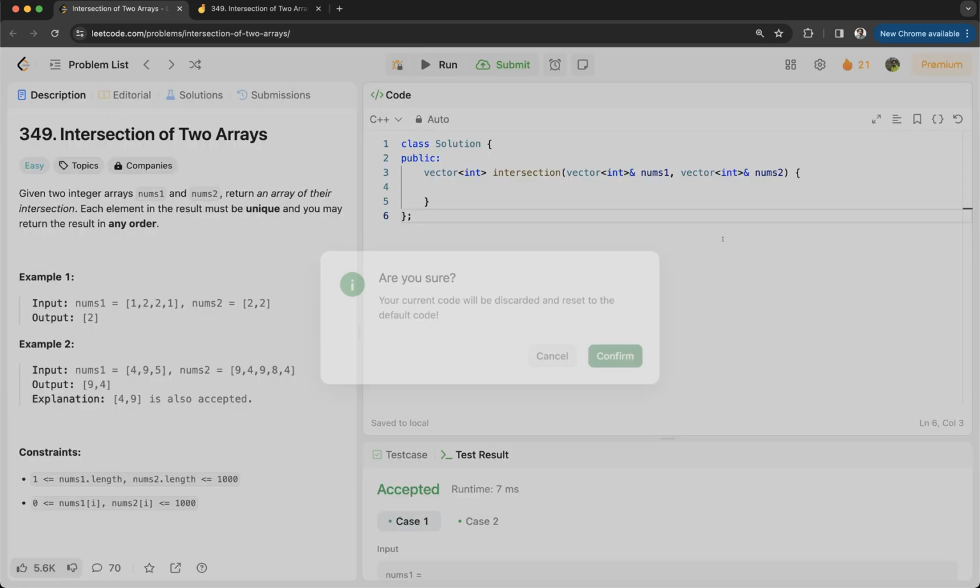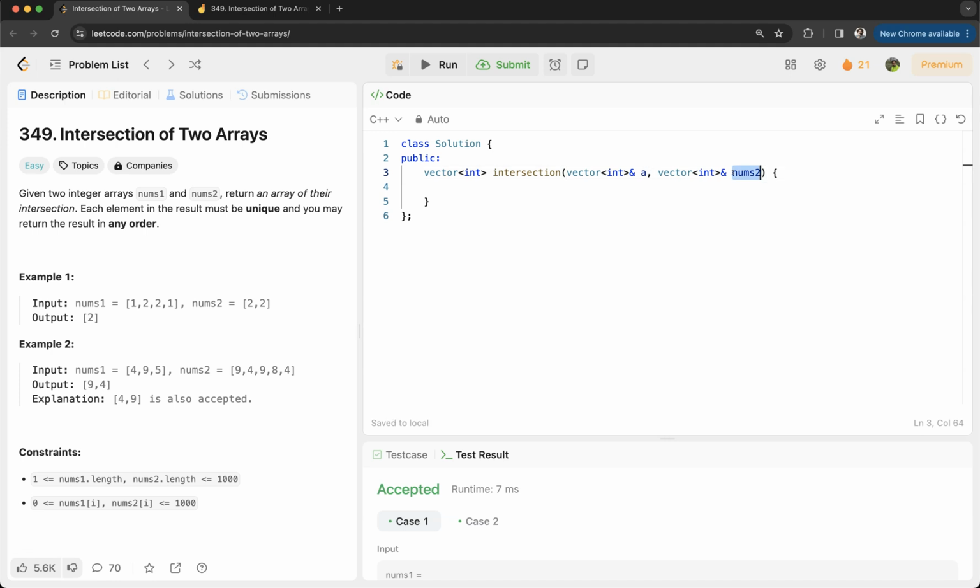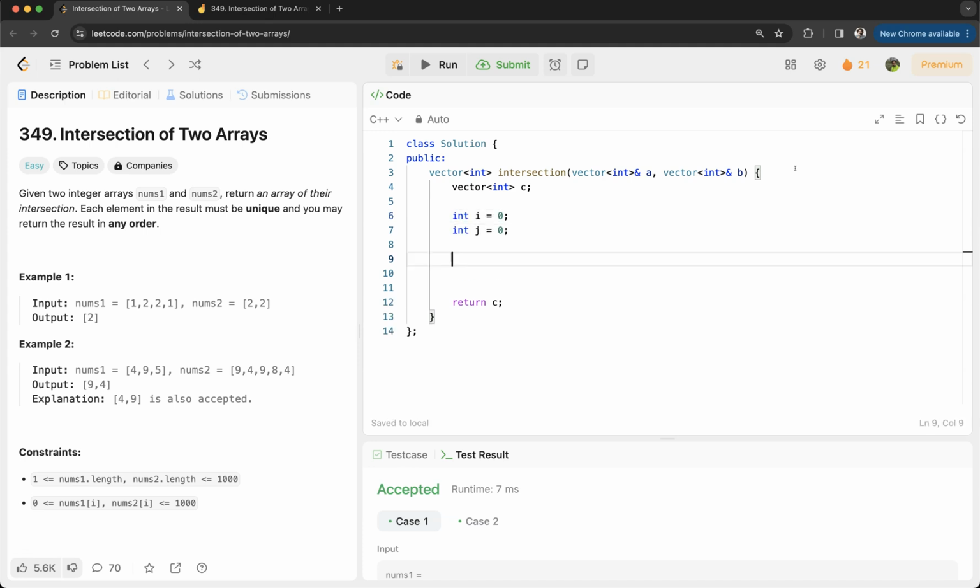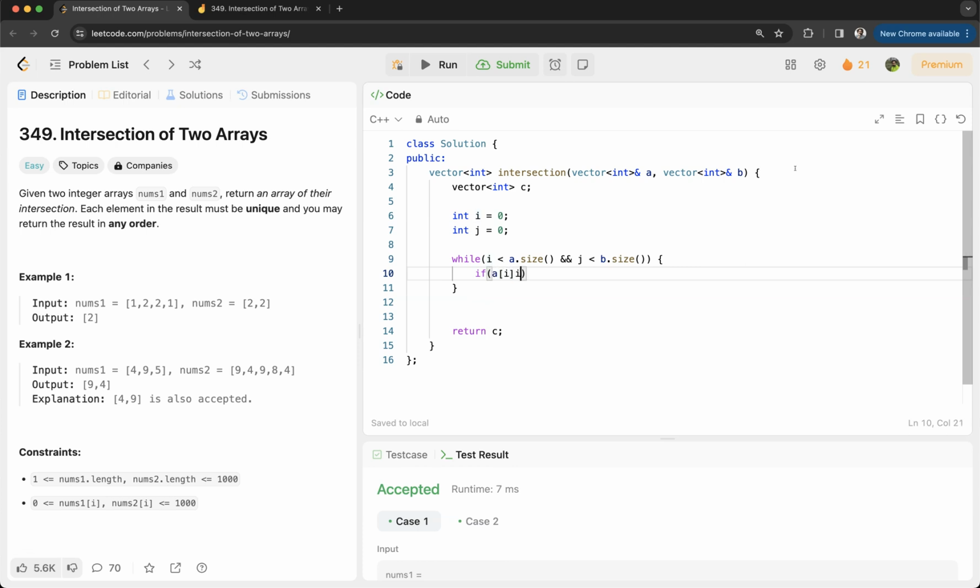I need to reset this. So A, B. So this time I just need a vector int C, and we just return C at the end. We need 2 indexes. So int I is 0, int J is 0. So while I is less than a.size, while I is valid, and while J is valid, okay, if AI is equal to BJ, what do we do? We check if C is empty,